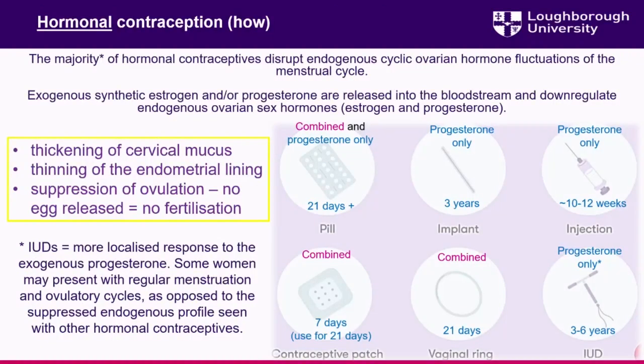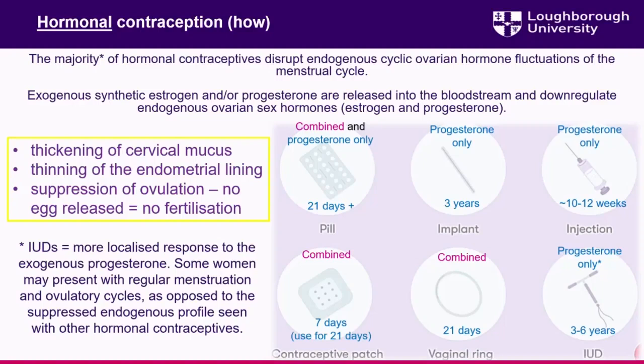How do they work then, and what do they look like? So I think I mentioned a few slides back, and I showed you that profile or that cascade of the different forms. This is what they look like. So we have contraceptive pills. We have combined pills, which give synthetic estrogen and progesterone, and we do have progesterone-only pills. With the combined pills, these were traditionally taken as 21 days of synthetic hormone and then a 1-week pill withdrawal. The progesterone-only pills are taken back to back, so you'll have 21 pills in a packet, and you'll just take them back to back to back continuously without having a withdrawal.